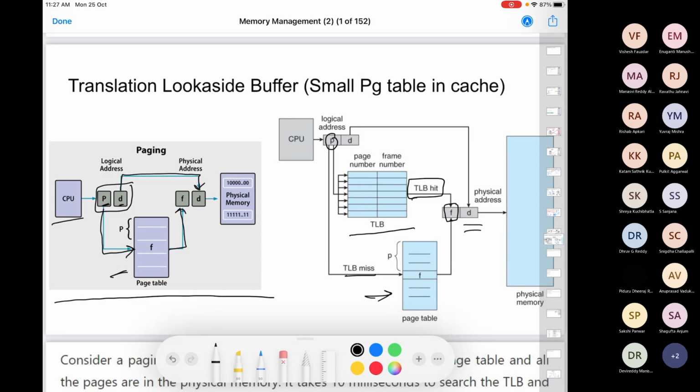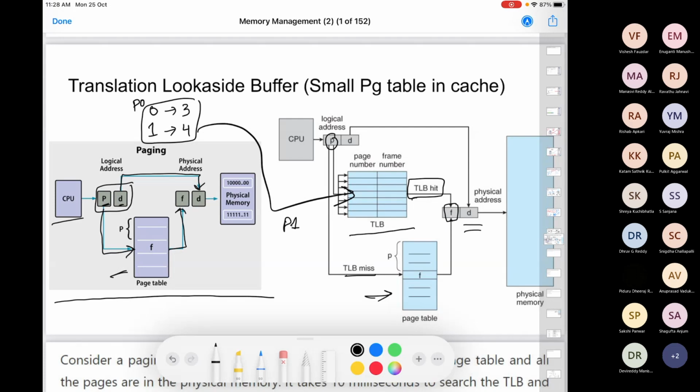So look at it like this. Let us say process 1 is running and the pages which it is frequently accessing are, let us say, page number 0 and page number 1. Page number 0 is, let's say, mapped to frame number 3 and page number 1 is mapped to frame number 4. So this is for process 0. Process 0 is running. These are the two entries in the page table which are being frequently accessed. You take these entries and you keep them in the TLB. Done, right? Now a context switch happens.